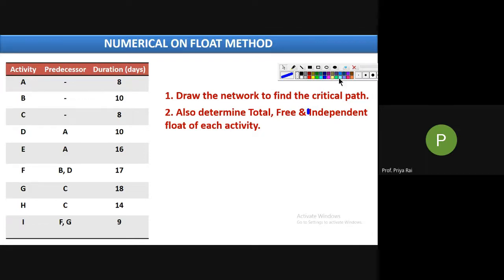For calculating the critical path there are several methods you can find. You can draw this network diagram, then find the longest path, or find the slack value, or this is the most appropriate. With the help of this you will directly come to one solution, whereas in the slack method there will be many critical paths. With this we will get only one critical path, which will be the final critical path. So with the help of that diagram, let us find total float, free float and independent float for all these activities. Now let us draw.